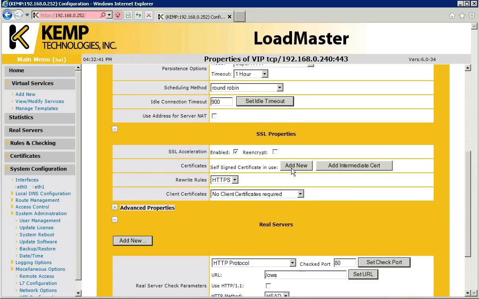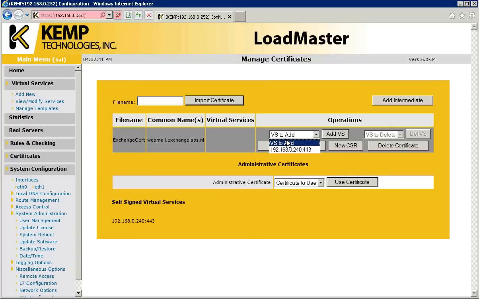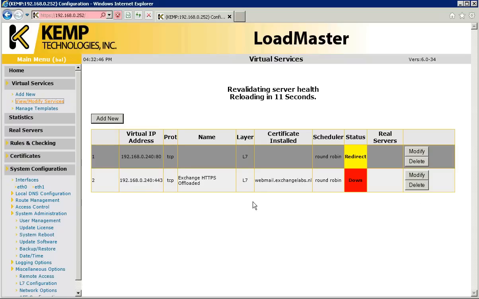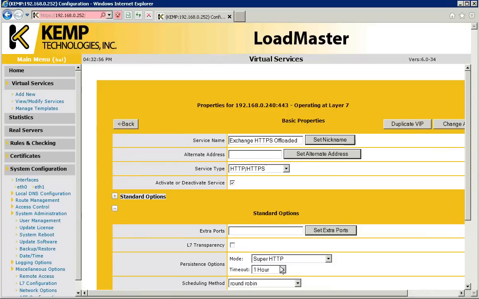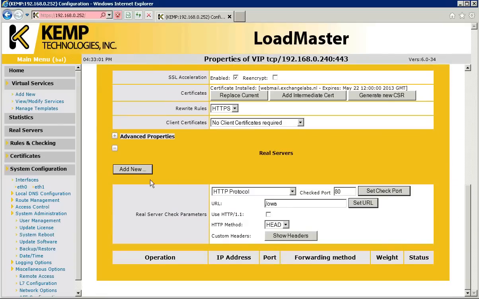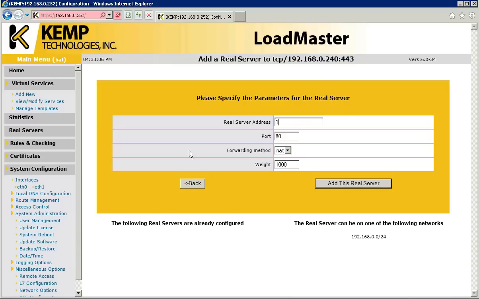No certificates. Let's see, to configure the certificate here. Again, we go back. What you see happening here, that's also creating a redirect rule. So when you access the loadmaster on port 80, it's going to automatically redirect you to the service on 443. We go back here, it's configured, we add the service